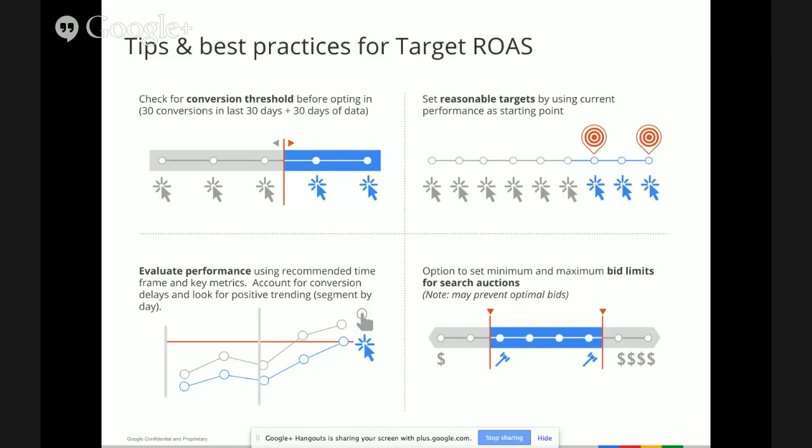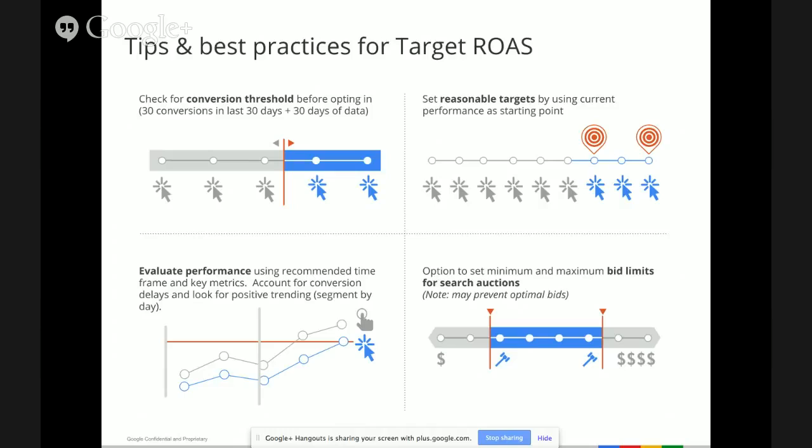Third is evaluating performance. So we need to make sure that you give the system enough time to adjust. So when we talk about evaluating performance, first is you need to let the bidding strategy run for at least a week before you start to do any kind of analysis. Second is that depending on how long your sales cycle is or your conversion delay, you might want to wait a little longer. So if it typically takes a full week to convert, you want to wait at least a couple weeks before you look at that data to try to understand whether or not this is working for you. You should see some bidding efficiency improvements right away, but in terms of analyzing whether or not this is working, definitely give it at least a couple weeks before you analyze the data.